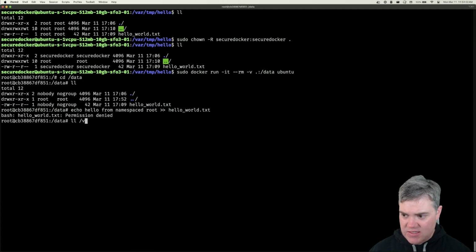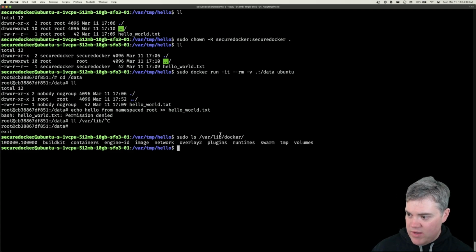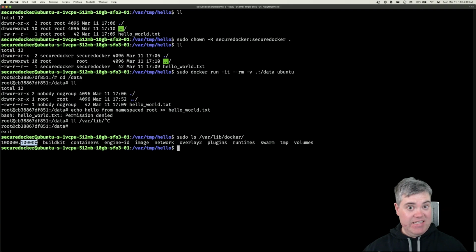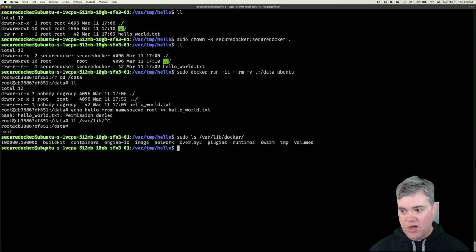If we take a look at var lib, oh, this is inside the container. If we sudo ls var lib docker, we can see that there's this namespace 100,000 group 100,000. That's the ID and group ID that is being used inside of the container. That's our current namespace. So I'm going to go ahead and copy this, and we're going to update the owner